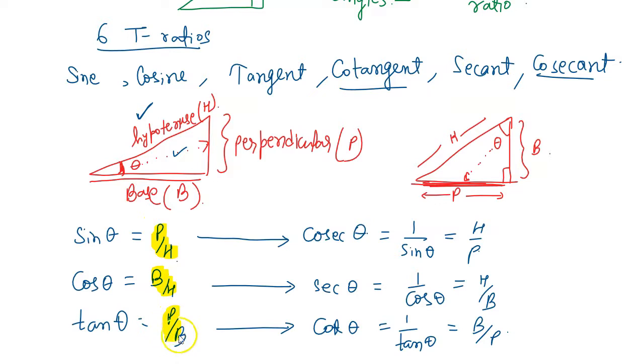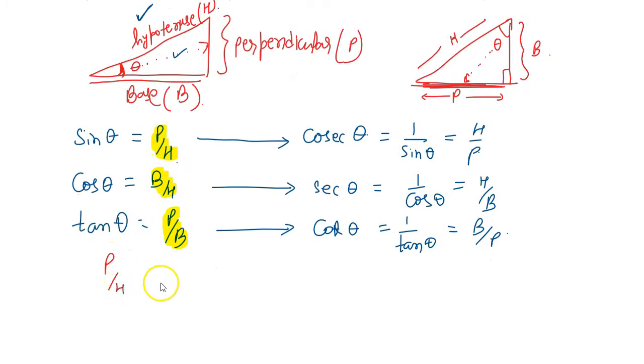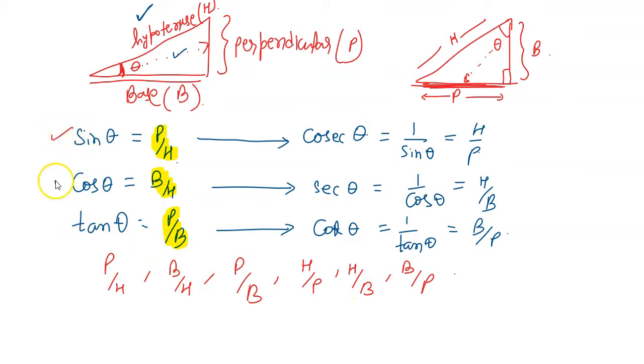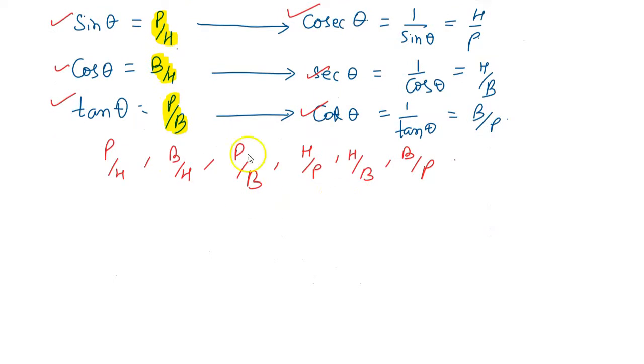So now you can observe whether it is sine theta or cos theta, any trigonometric ratio, they are just different names for different ratios, right? What are the different ratios? P by H is one ratio, B by H is one ratio, P by B is one ratio, H by P is one ratio, H by B is one ratio, and B by P is one ratio, right? So these ratios only we have named accordingly as we have seen here. These are the 6 trigonometric ratios. Okay, this is clear. What are the trigonometric ratios? What is sine, cos, and all? They are fine.